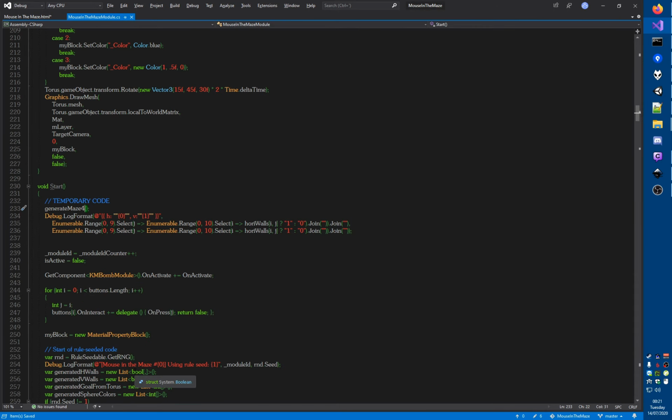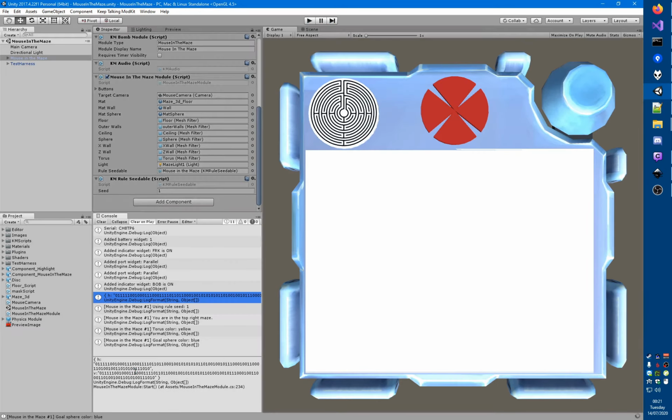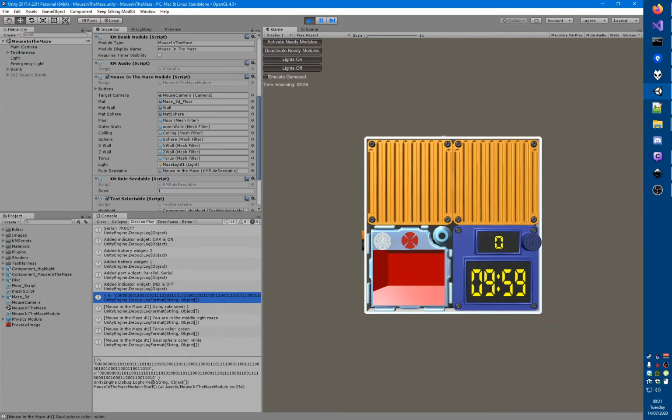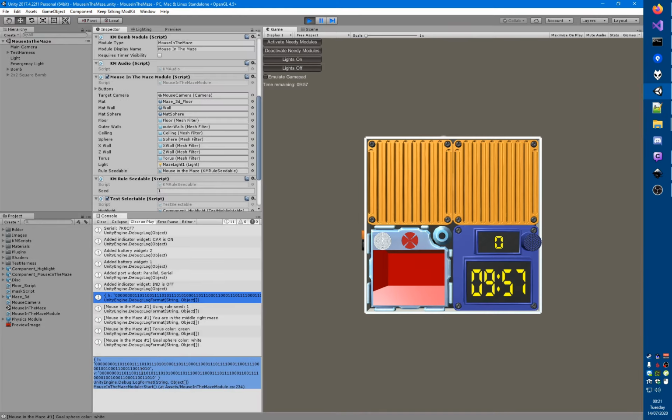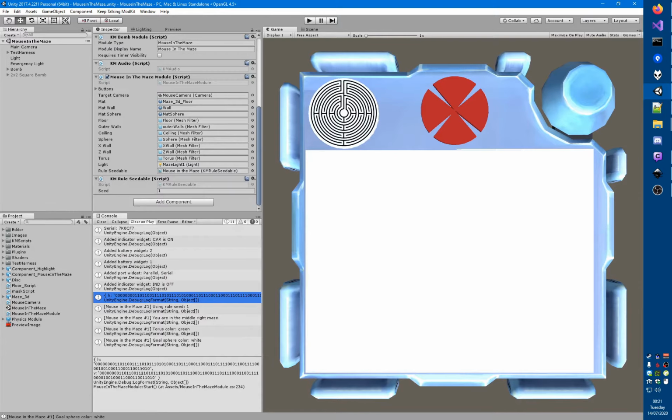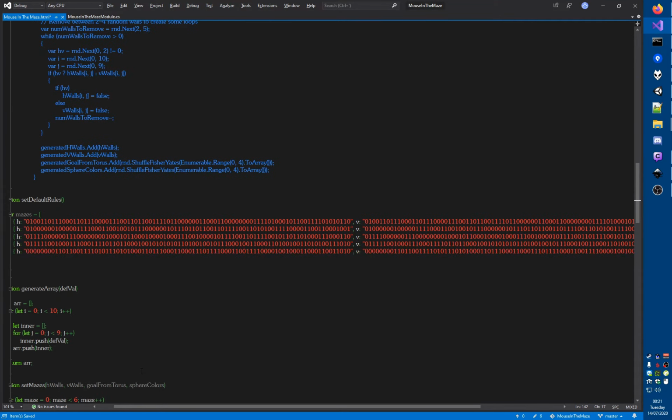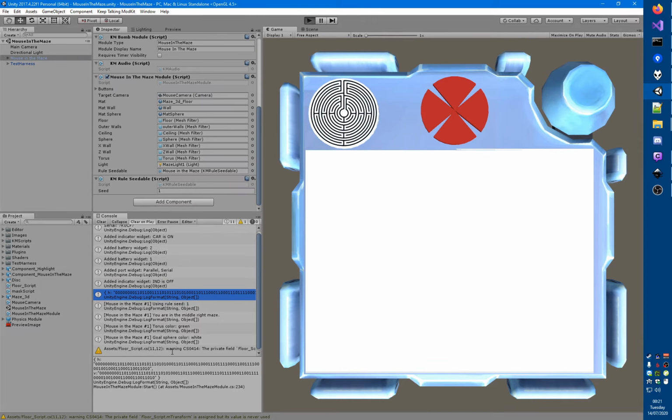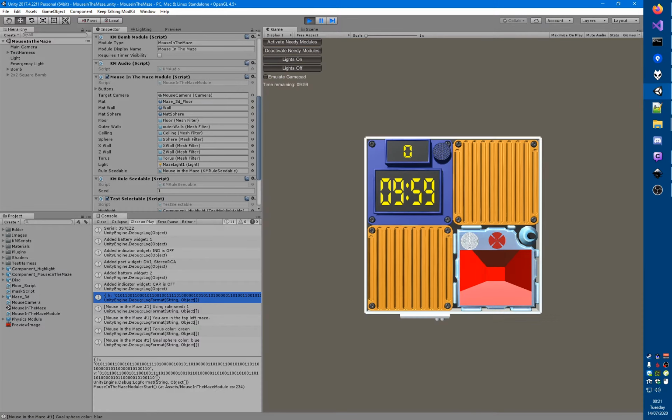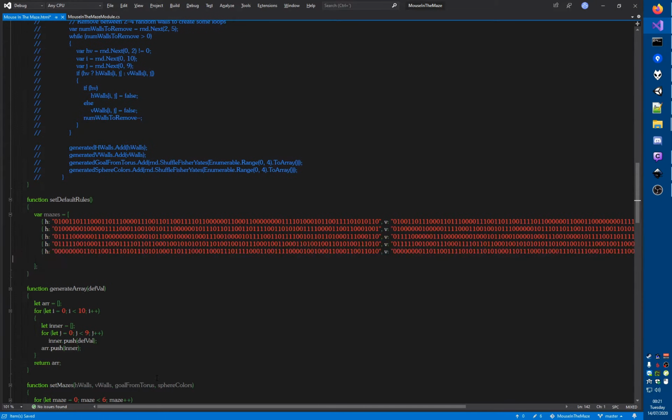That was maze 4, only 2 more to go. Maze 5. Maze 5 is this, and allow Unity to recompile this. There we go. And then just run it. And here is maze 6. So now that we have these mazes,